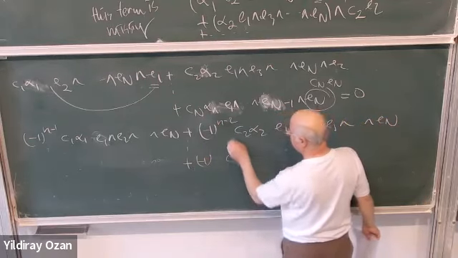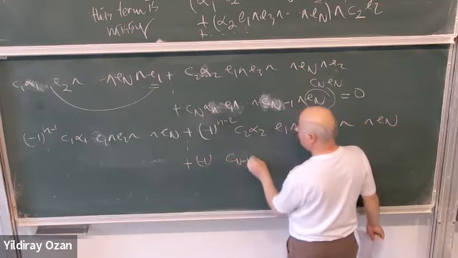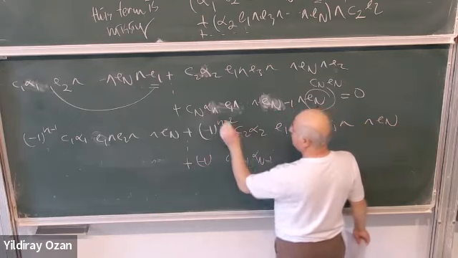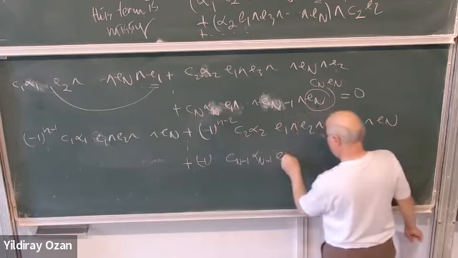minus 1 to the power of n minus 1, Cn minus 1 alpha n minus 1 E1